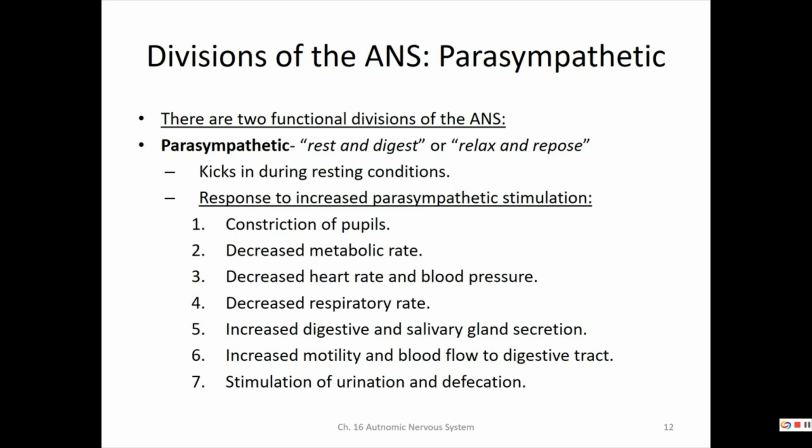Now, that's when our pupils constrict. Parasympathetic drugs can make pupils constrict. They become constricted and fixed. Things that are parasympathetically active. Some drugs out there,